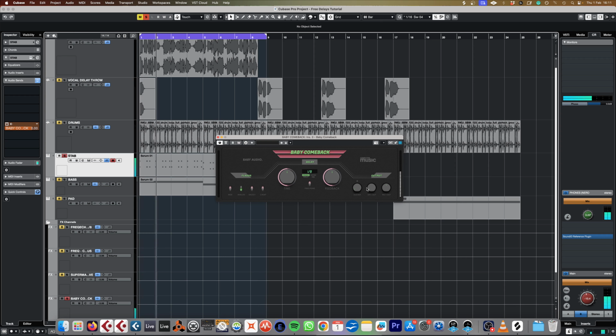Now this is wet only at the moment because it's on an aux. But the thing that I really like, which is a little bit unusual, is the ducker. Now in a recent tutorial I was talking about how you could duck your reverb and delay returns out of the way of, for example, the vocal by sidechaining it with a compressor fed from that source. But this has actually got its own ducker built in, so it ducks the delay when the incoming dry signal is present. So if I start to pull this up,